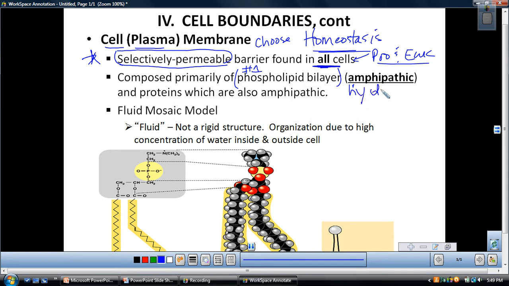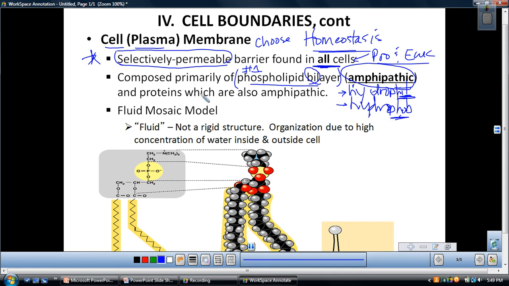My pen isn't cooperating, so we're going to write with the mouse here. Hydrophilic and hydrophobic. Having both hydrophilic and hydrophobic sides, that's what amphipathic means, and that's what these phospholipids are. So the bilayer means there are two layers of phospholipids, and one end of the phospholipid is polar and one end is nonpolar, which leads us to the properties hydrophilic and hydrophobic. Remember, if it's hydrophilic, it's water-loving. Polar things are water-loving, so the polar end of the phospholipid is water-loving, and then the nonpolar region is hydrophobic